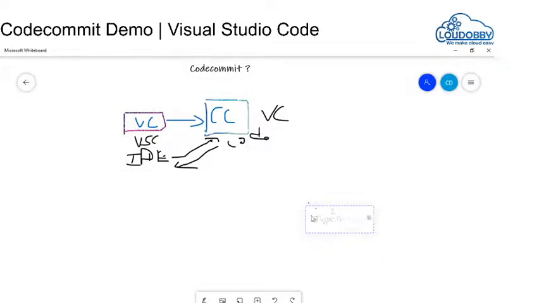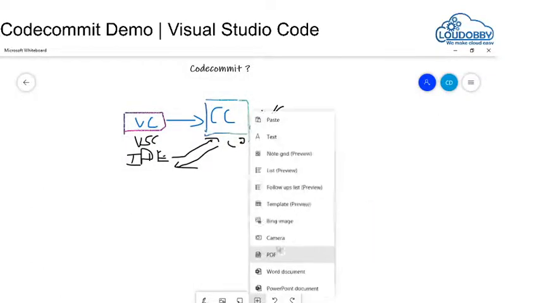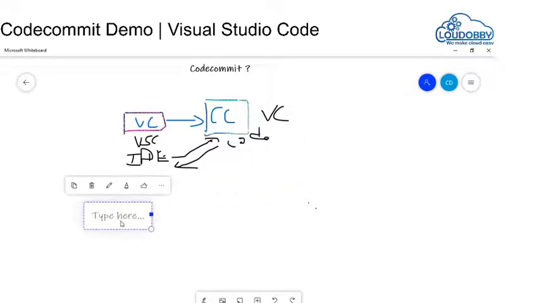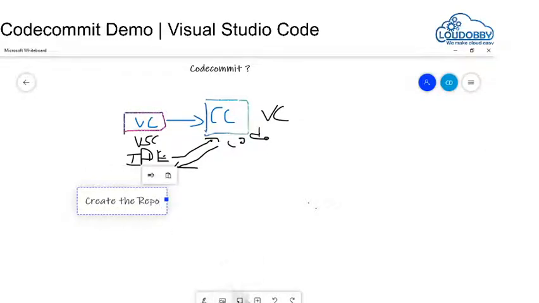The first step is to create the repository. Then the second step is you need to